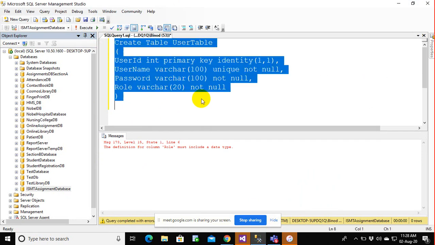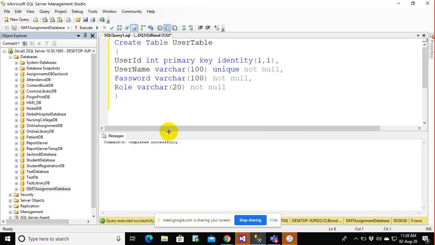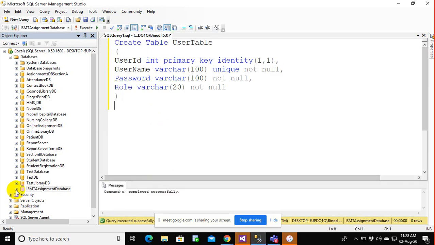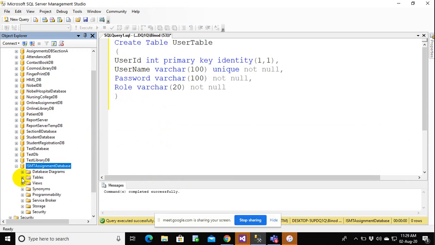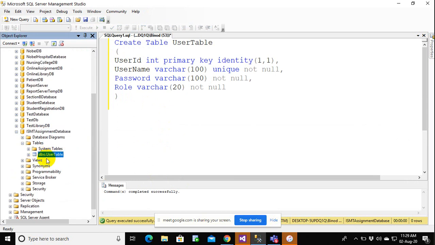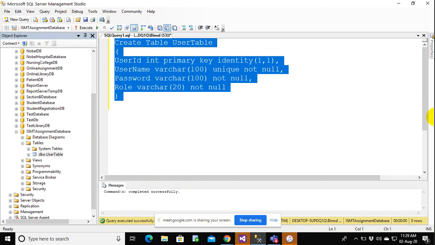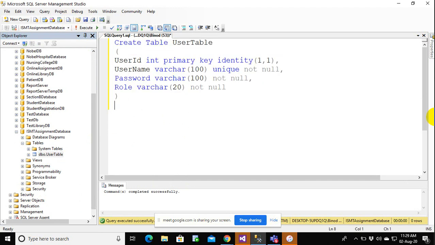Great. Now let me select all and execute this code. Now my table is created. If you can see in my database, if I expand my database and expand my table, you see my table is created. Now let us say I want to input some value under my table. So there are two ways that you can input a value in the table, and let us try to analyze both of these approaches.